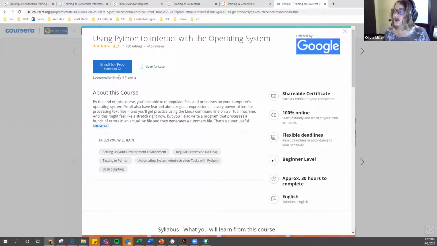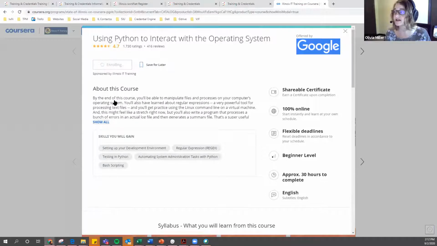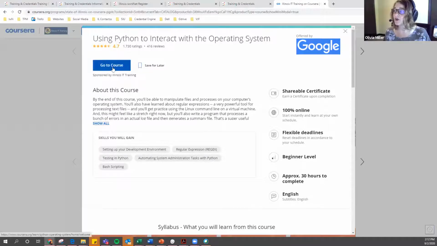You also have the opportunity to enroll in or bookmark the course. So if you know this is a course you're wanting to take, you can click to enroll in that course. If you're not really sure if you want to enroll in the course, you can always bookmark it and save it for later. We highly recommend as you start browsing these courses that you start bookmarking the ones that you're interested in. That way you can go back after you've had a chance to look at all of the different opportunities out there and pick the one or two or three that are going to be best for you.